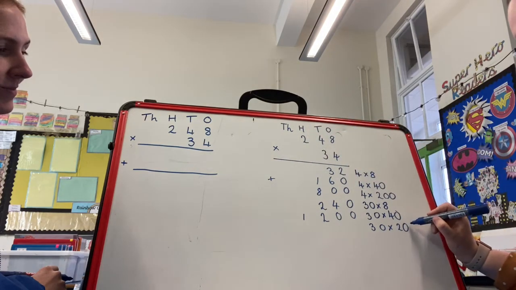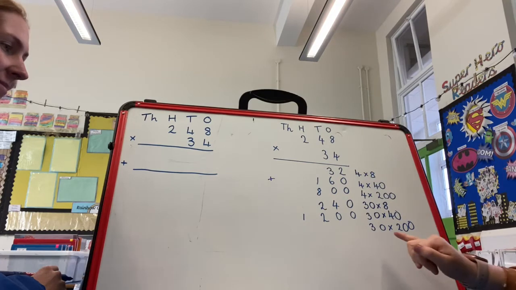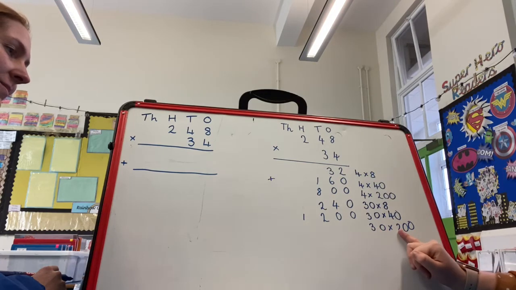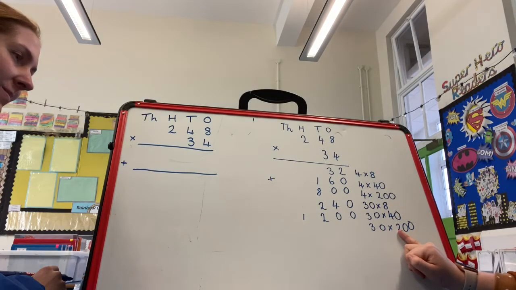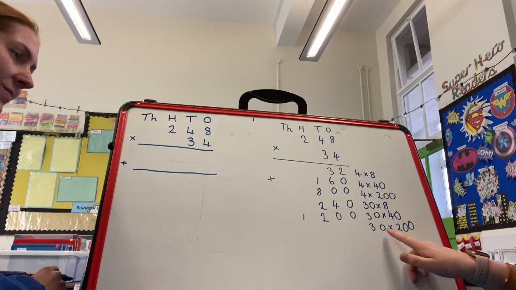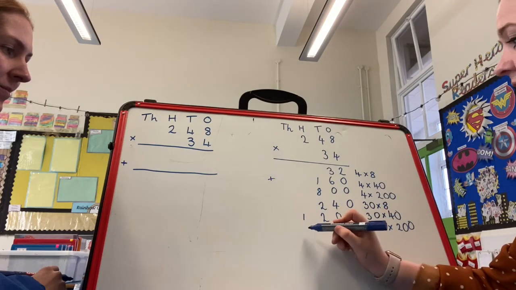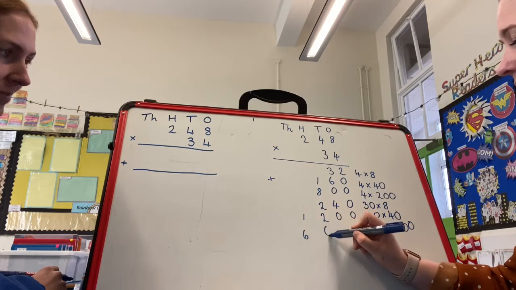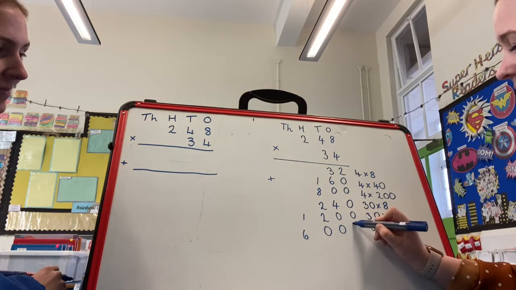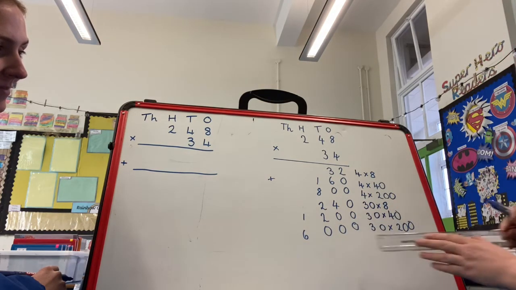Okay, and then finally 30 times by 200. Okay, so 3 times 2 is 6, and this time I'm multiplying by 1,000 because I've got the 3 zeros, so I'm multiplying it by 1,000. So 6 times by 1,000 is 6,000. And then I need to add it